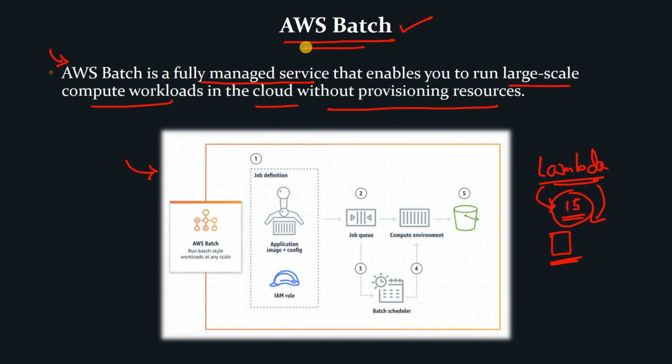But at that time AWS Batch can help us, because it is also a fully managed service, and AWS Batch we can run using EC2 or Fargate. And as I already discussed in my previous video while covering AWS ECS, Fargate is nothing but a serverless service. So if we are using AWS Fargate for AWS Batch jobs, then it will be serverless also, right? So this is the power of AWS Batch.